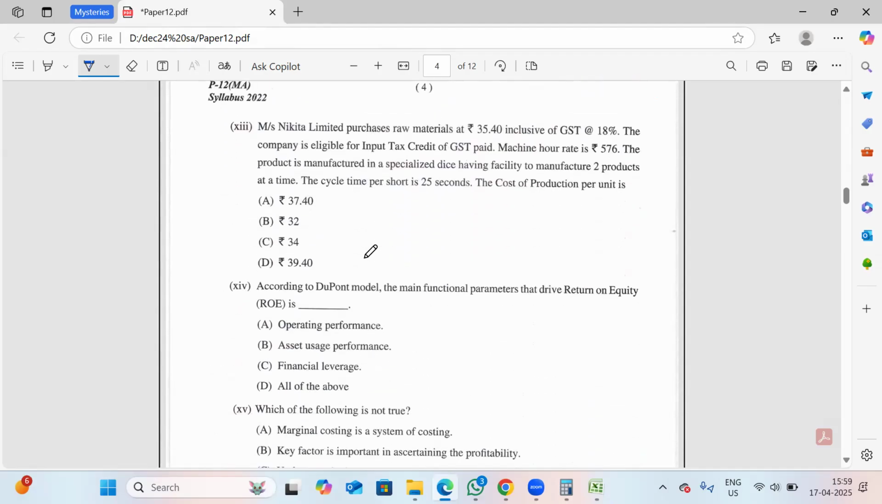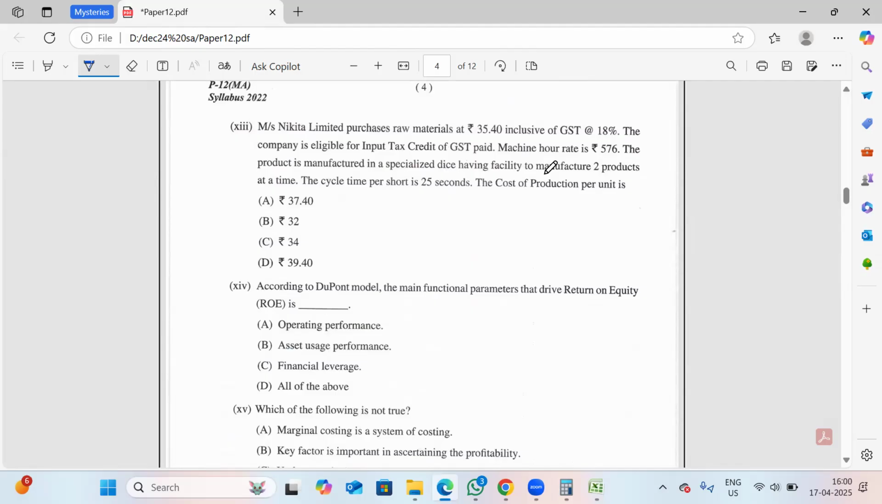Then move on to the 13th question. Nikita Limited purchases raw materials at 35.4, inclusive of GST at 18%. So this is inclusive of GST. The company is eligible for input tax credit of GST paid. So we are eligible for input tax credit. Machine hour rate